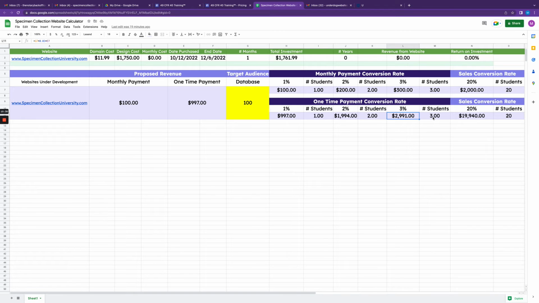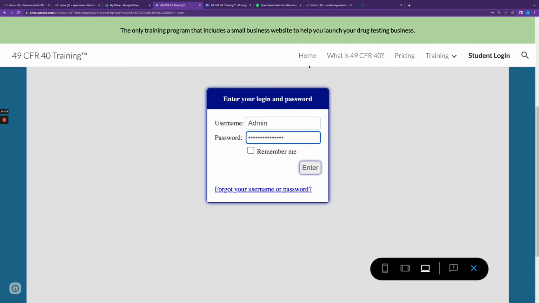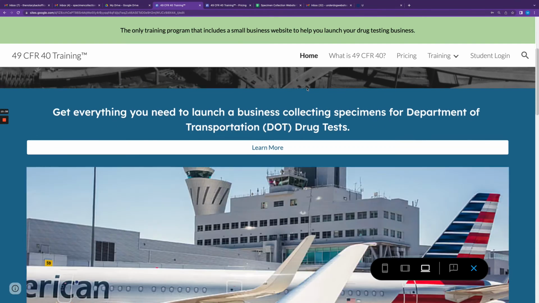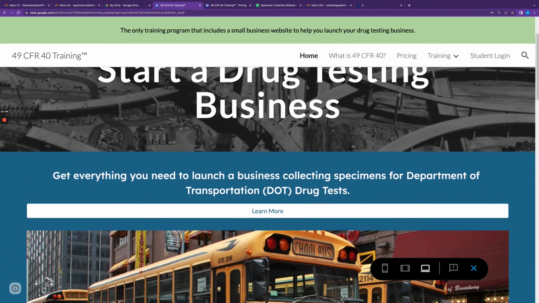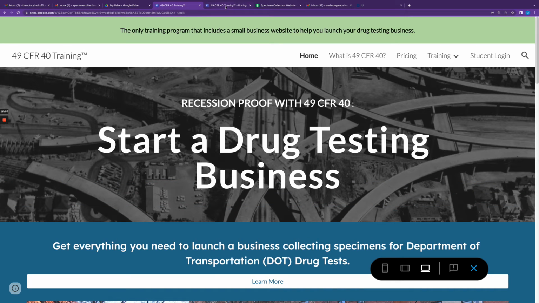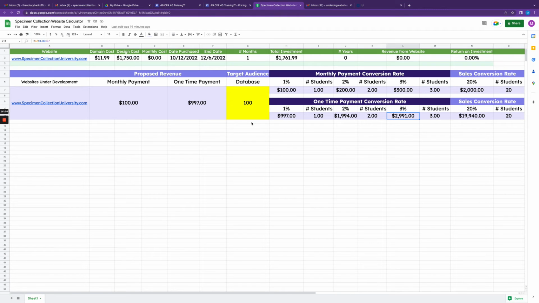When you create a product of value and you're bringing a tremendous amount of value to someone, in this case you are, because you're providing all of the training, everything that they will need, plus you're providing them with a small business website when they get done. It's like the carrot at the end of the stick, right? So now they have something to look forward to. And not only that, none of the other urine specimen collection or drug testing programs is offering a free small business website upon completion of the training. Okay, so that's not being done. So that's going to be a unique selling proposition.